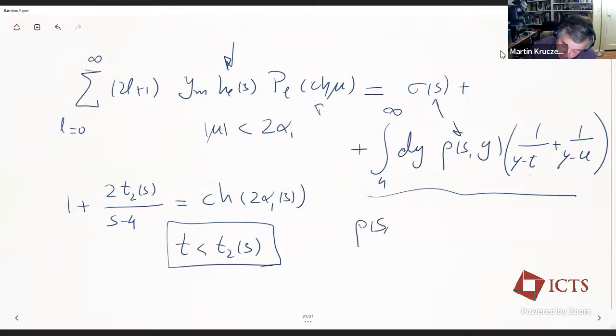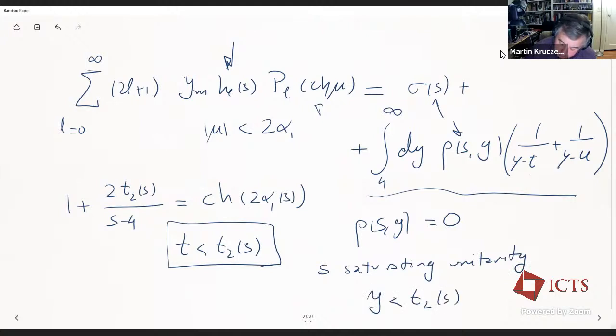So rho of s y should be 0 for s saturating unitarity, and y smaller than this t2 of s. Otherwise, the right-hand side has a cut and the left-hand side is analytic. So that's the reasoning. And if there are no other particles, we need to saturate unitarity for sure between 4